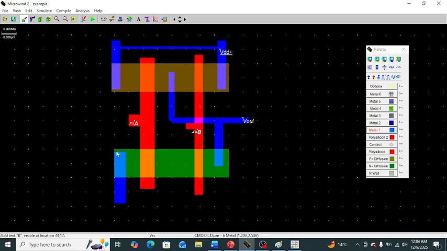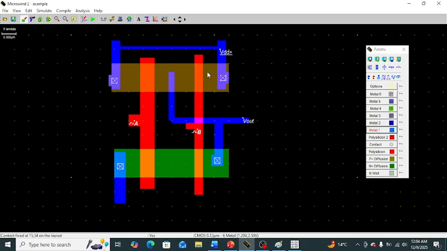Okay, and a contact is connected for the metal and N diffusion layer as well as metal and P diffusion layer. So this is the contact for the N diffusion layer with metal, and this is the contact for the P diffusion layer with metal.